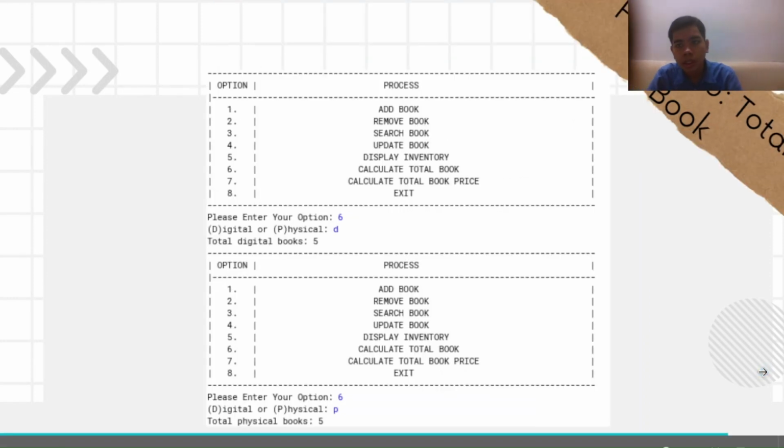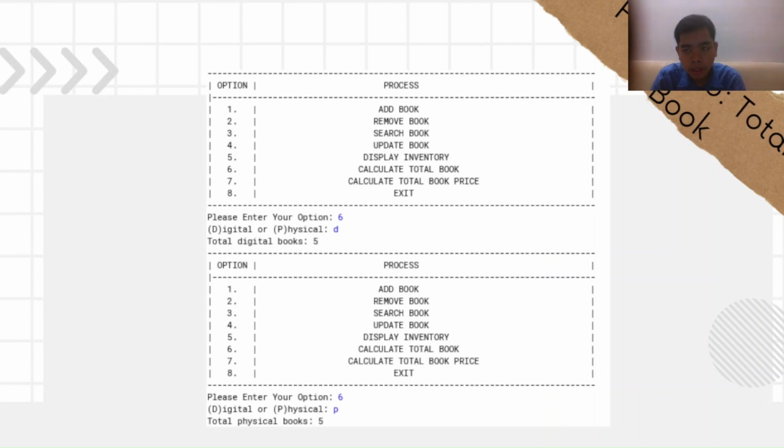Now, the sixth process of the system is calculating total books for both lists. Now, the first example of the process is after user enters option 6, which is calculate total books. They will need to choose which is either digital or physical that they want to calculate. Now the first example is user enters D for digital and the system gives output of 5 books in a